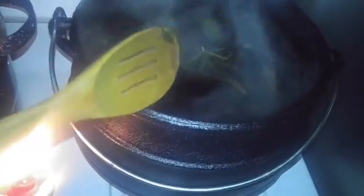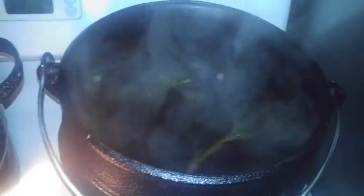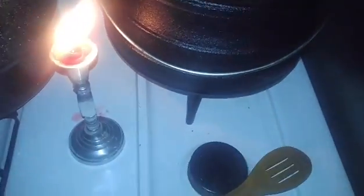You can boil your water in a cauldron and then pour it over the herbs and extract the energy that way. But I'm just showing you, because we are entering the season of the witch, how I personally like to use mi caldero, my cauldron. Again, I'm not using the same spoon, I'm putting this spoon down here. When it's for a better herbal bath, I'm using a separate spoon, and I'm going